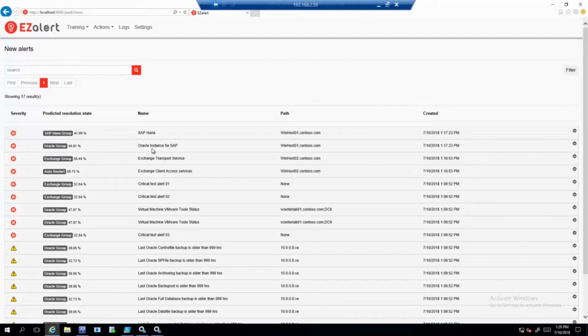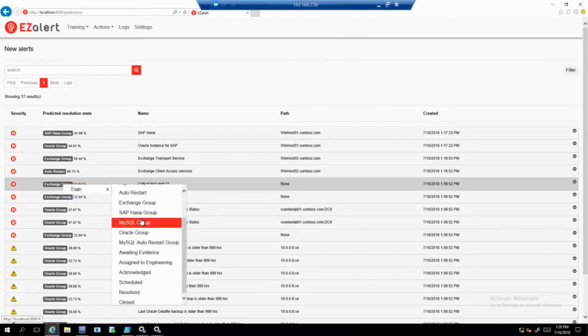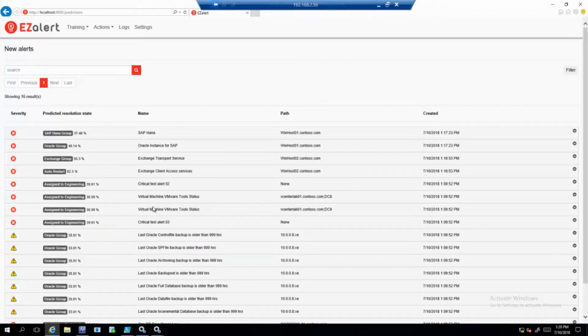The Oracle instance for SAP goes to the Oracle group, Exchange and Exchange. We want to auto restart the Exchange access service manually. Critical test alert is still in the Exchange group. Maybe that needs a little bit more training. So let's do that. We'll go to